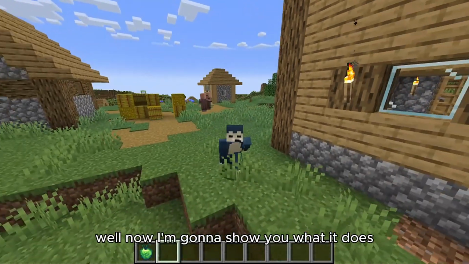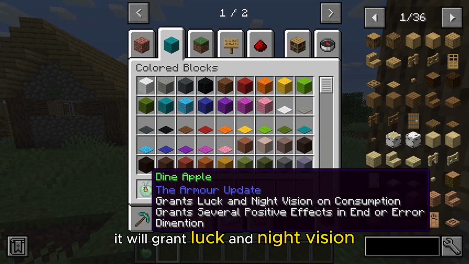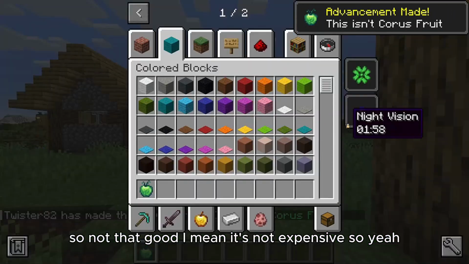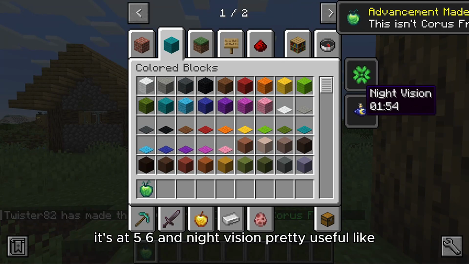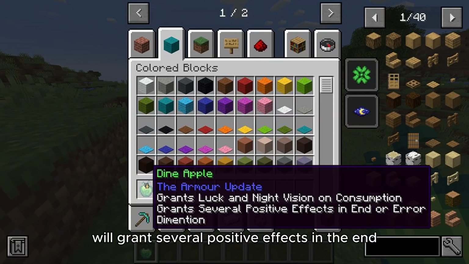Well, now I'm going to show you what it does. You can still see the Elder Guardian. So the Dine apple's got 2 abilities. It will grant luck and night vision when you just eat it, anywhere. So not that good. I mean, it's not expensive. So yeah, you can see luck, it's at 5, 6, and night vision. Pretty useful. However, the better part of it is it will grant several positive effects in the end